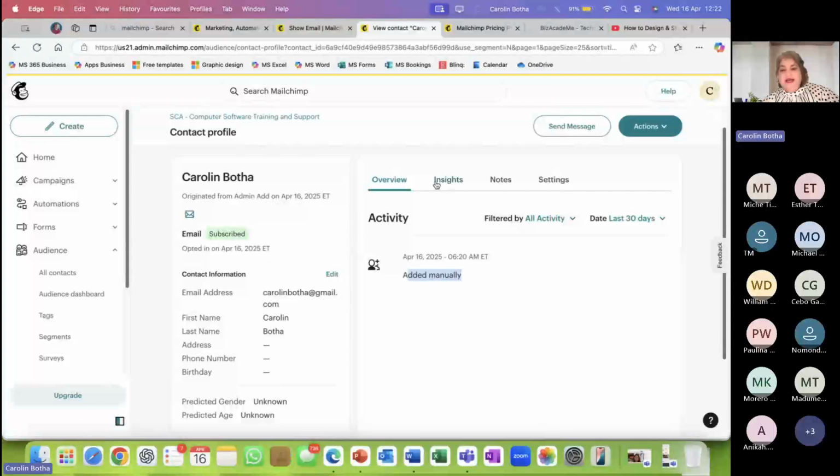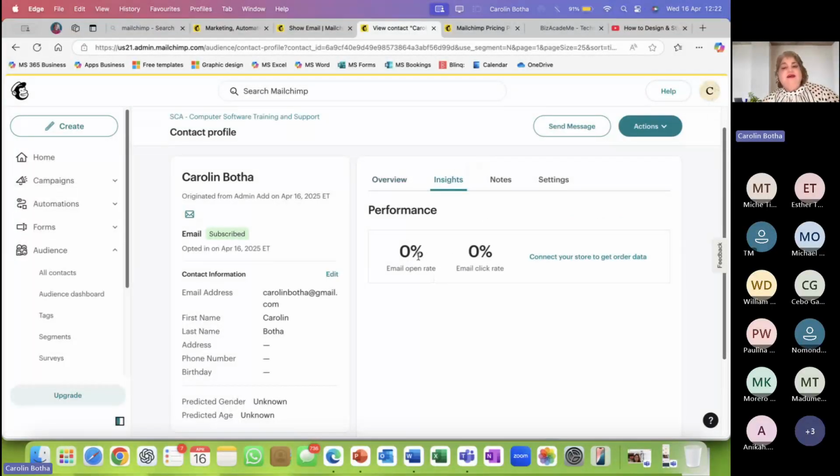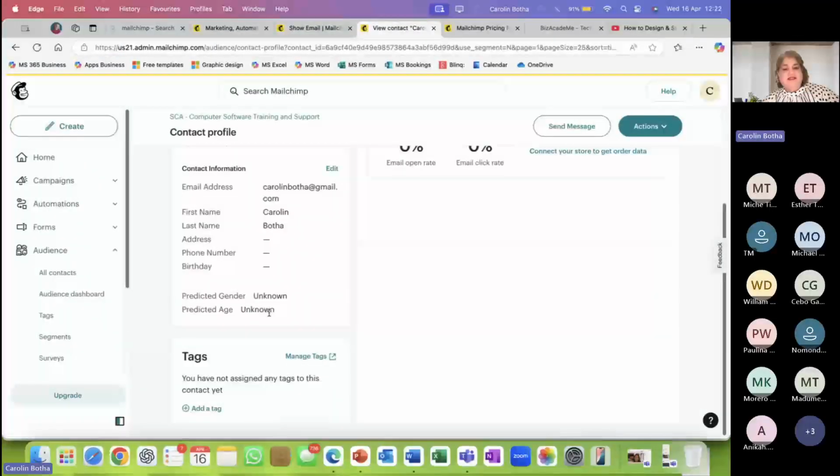And you can have insights on this client, how many times they've opened your email and how many times they've clicked on the action buttons, because there's a difference. They can just open and read it, but they don't respond to it. So the sale doesn't go through, or whatever you plan to do with your campaign. You can also specify the gender.